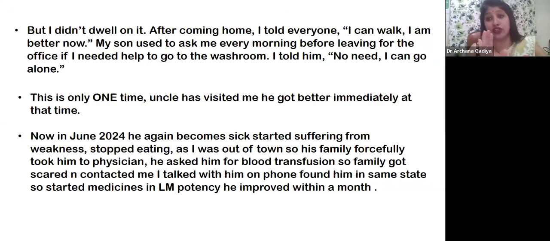Later on, after coming home, I told everyone I can walk, see, I'm better now. My son used to ask me every morning before leaving for the office whether I needed any help in going to the washroom or anything. I told him no need, I can go alone, I can manage myself. Okay, so this was the case verbatim. I literally cut it short because